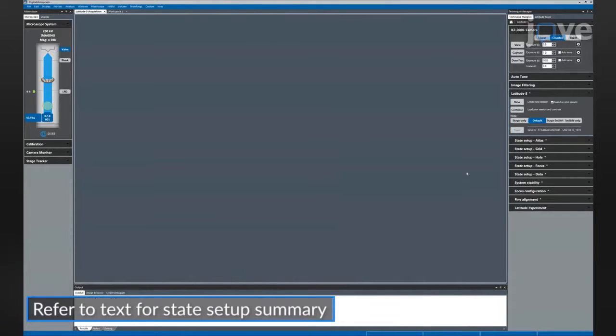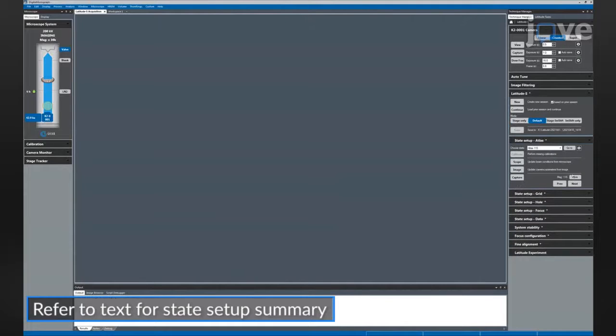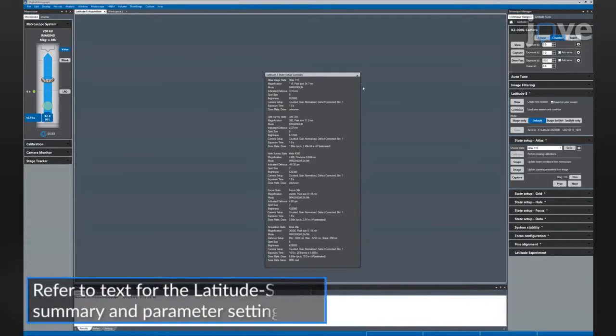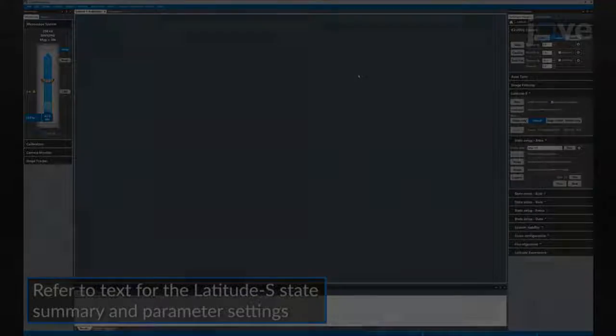Next, click on the Setting icon and in the Manage State Explore box that appears, add state, set the TEM condition, camera condition, and image or stack option, and then name the state or open the state setup summary to open the saved settings. Next, configure the Atlas state by clicking on